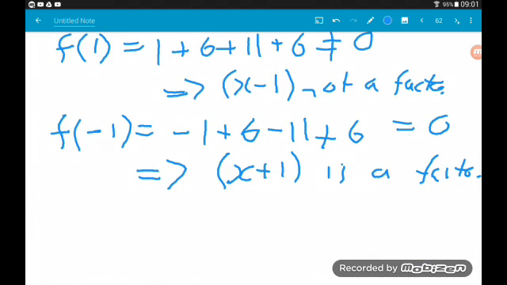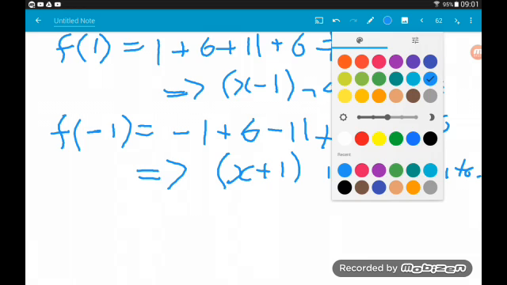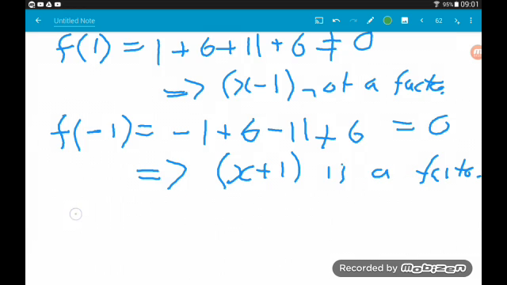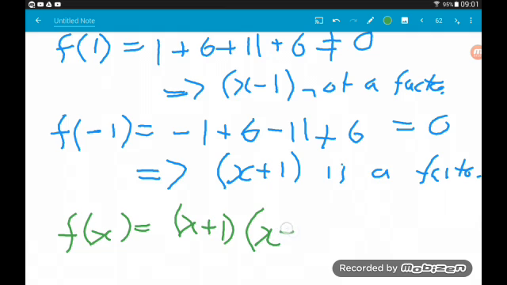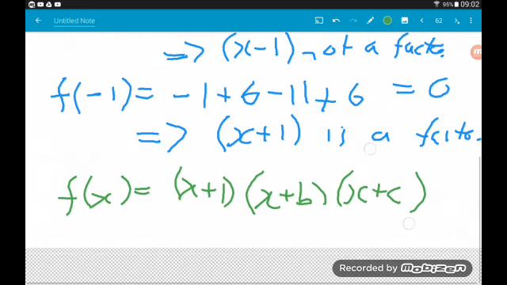So what we can do at this point is we can now write f of x as x plus 1 times x plus b times x plus c. Okay, now the good news here is as well, we're not going to actually have to use the factor theorem to find all three factors. If we just find the second one here, then we can easily work out a third. So the next thing we would want to try